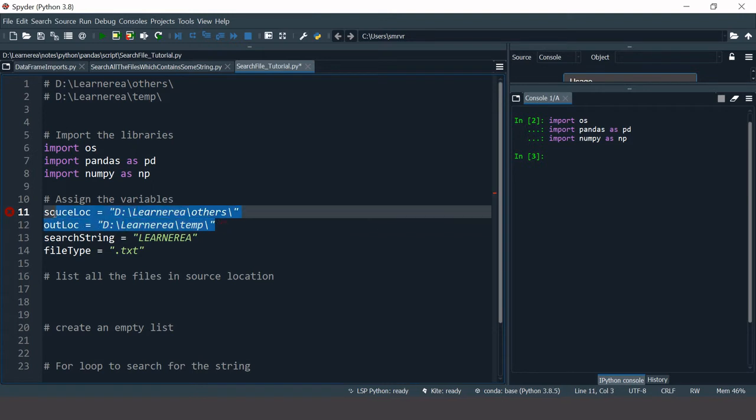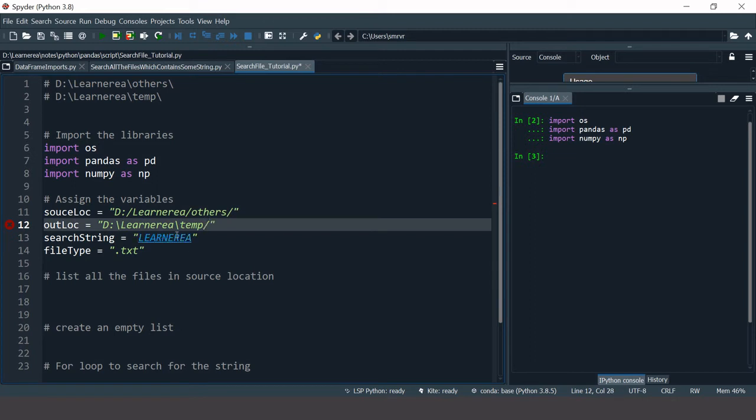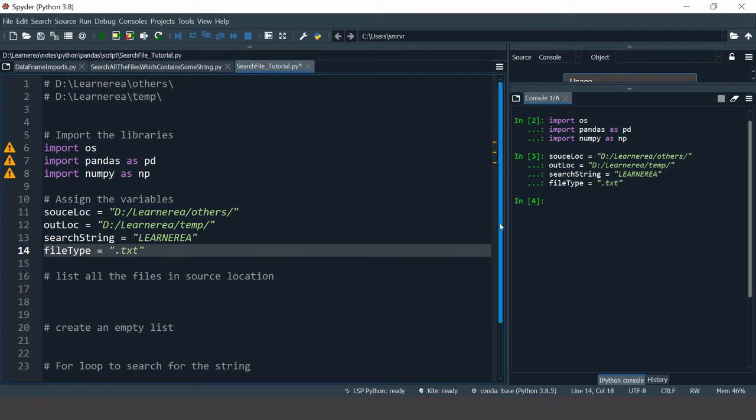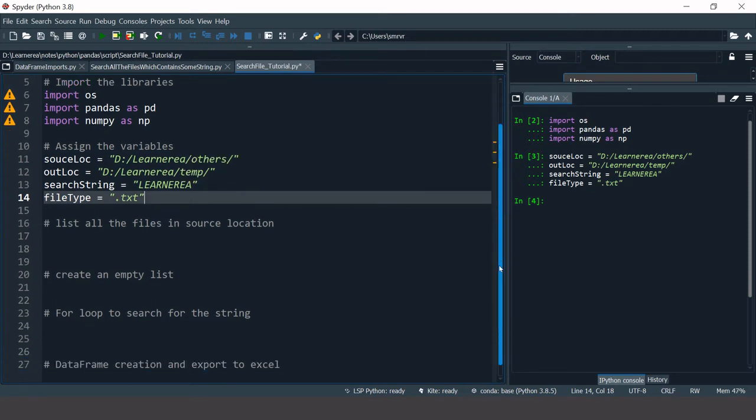Now there is one task which I need to do, which is change the backward slashes to forward slashes, all of them. So this is slightly a manual task. This can also be achieved with code, but here I am keeping it manual. Then you can just execute this statement. One thing to note, this is a tutorial for a complete beginner. Even a beginner can achieve this task just by looking at this tutorial. So that's why I'm not using anything very advanced.